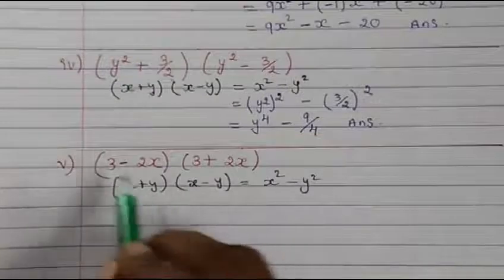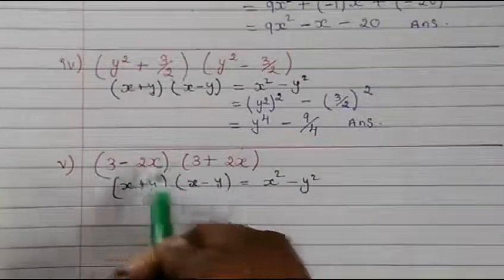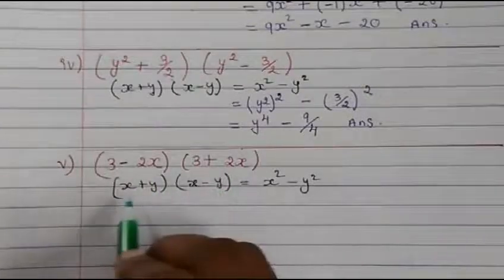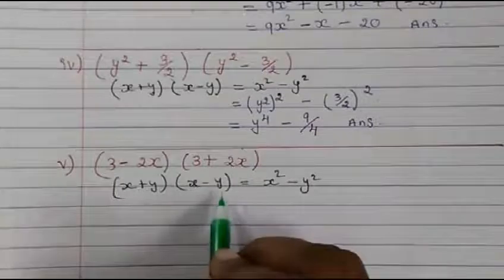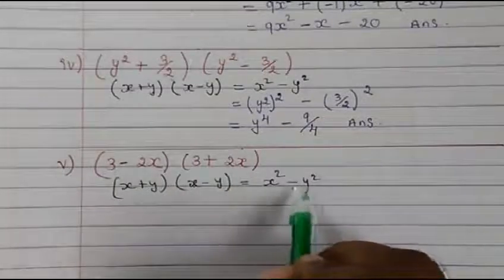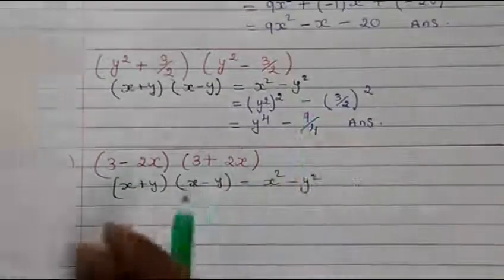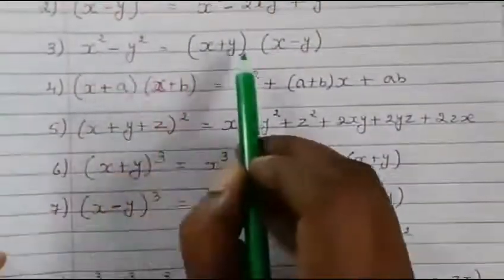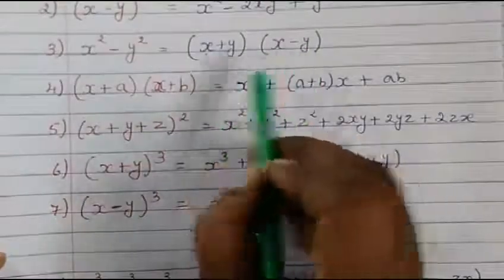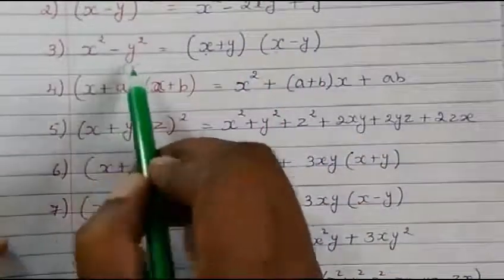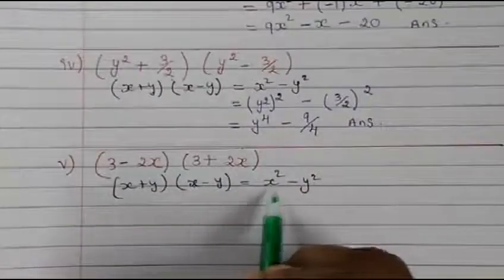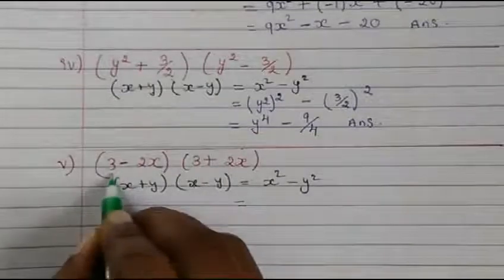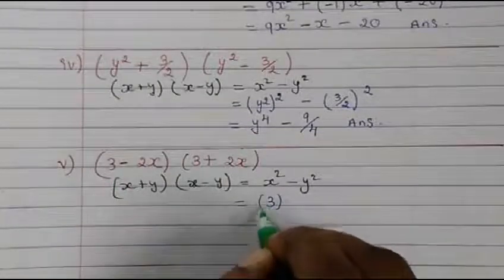Here also you see, both sides the same things are there. So that means x. So this is correct. Now here 2x, here also 2x. That means y. So here also the same things are there. So then this identity will suit, which is equal to x square minus y square, the same identity. That is identity 3 you have here. So you see both sides same, here also same. So when we write x square minus y square, that way you have to write it down, x square minus y square.